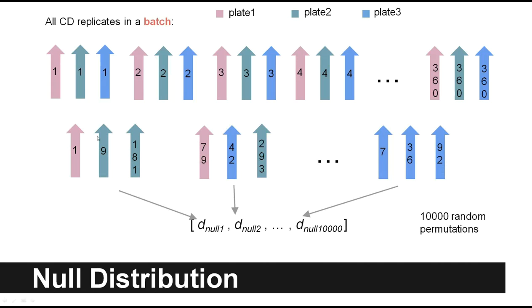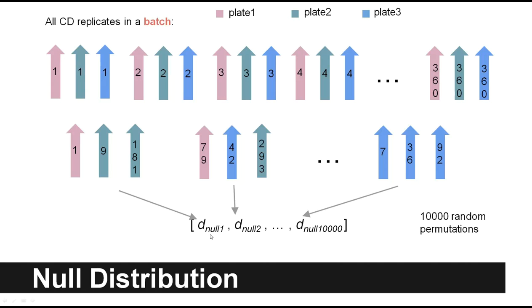I just randomly draw 3 replicates from this pool of experiments. For example, I may draw the CD replicate of experiment 1 mirrored on plate 1, and the CD replicate of experiment 9 mirrored on plate 2, and a CD replicate of experiment 181 mirrored on plate 2, and treat this as the pseudo CD replicates of a pseudo experiment, and compute the average constant distance of this pseudo experiment, and use this as